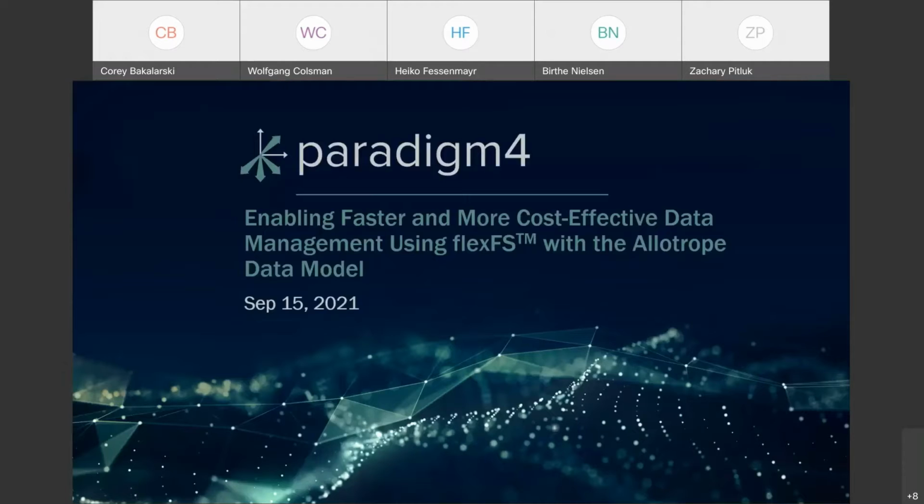And we're kind of presenting, as I think Vinny once told me about 4 years ago when we first joined Allotrope, that people don't quite need us yet, but it's important for them to know about us. So that's probably still the context. So we're going to talk today about enabling faster and more cost-effective data management using flexFS with Allotrope data format